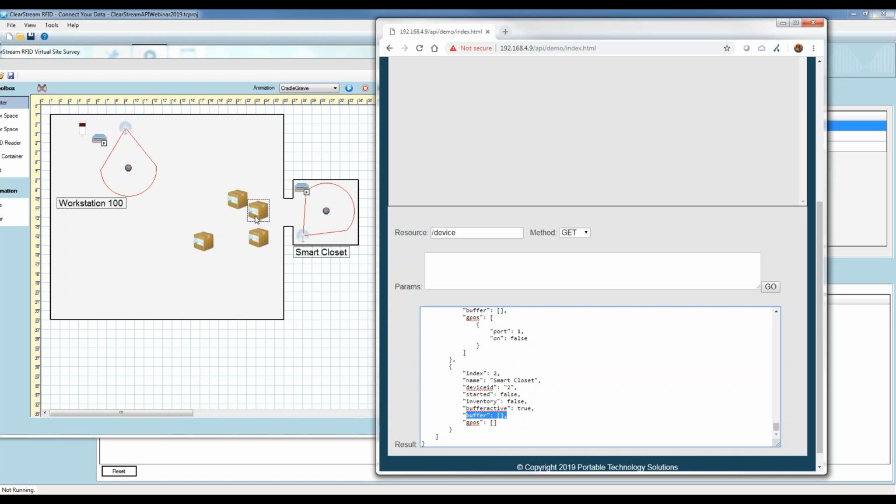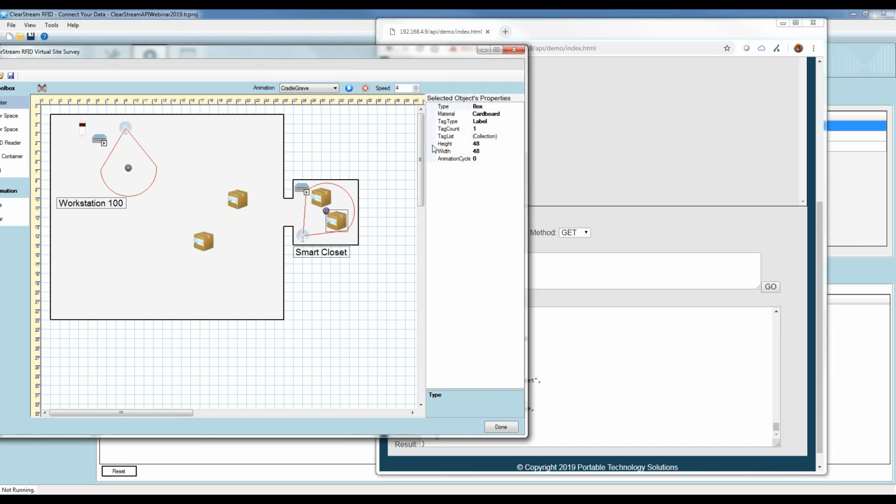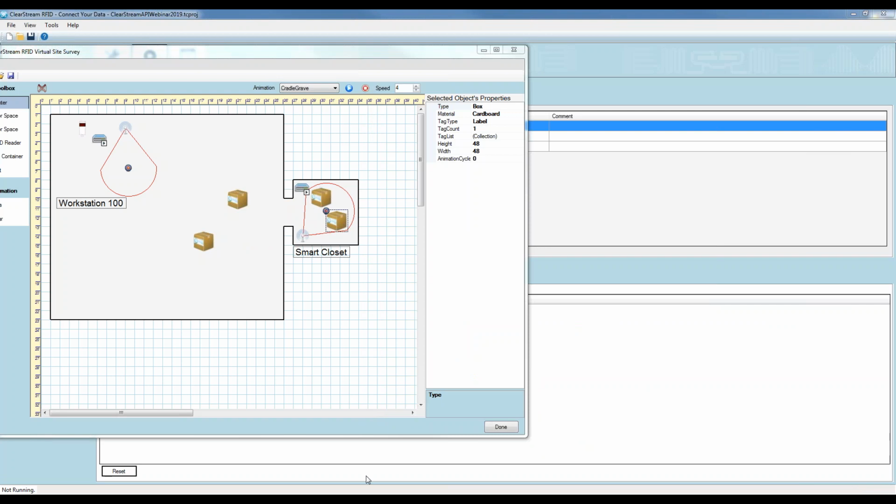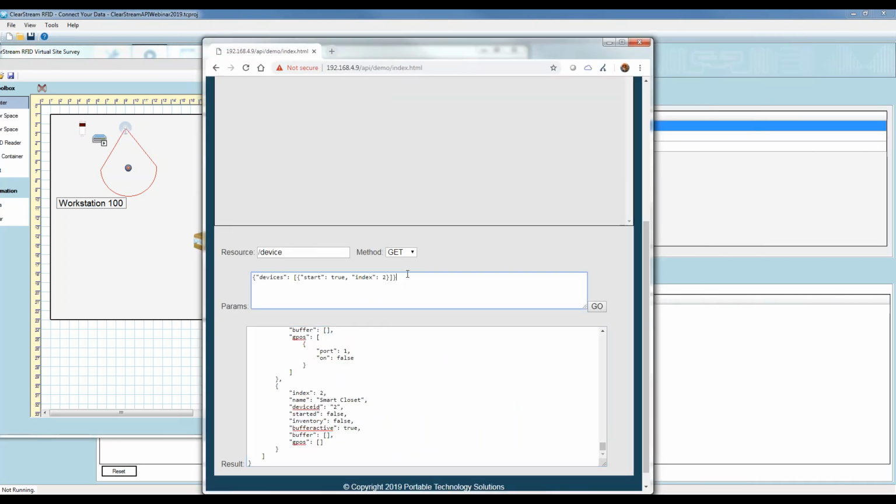all of those devices were pulled out. If I were to go put some of these back in and start that reader, let's do that manually. I will bring up the start of this device. So I'm going to say device index 2, I want to start it. So I'm going to issue to the device. I'm going to do a post method for this device with this command for a single reader. Now you can turn on multiples in one, but I'm only going to do one, and I'm going to issue